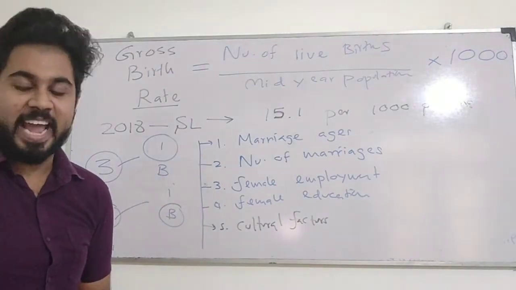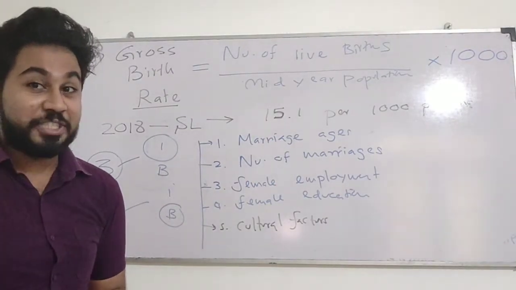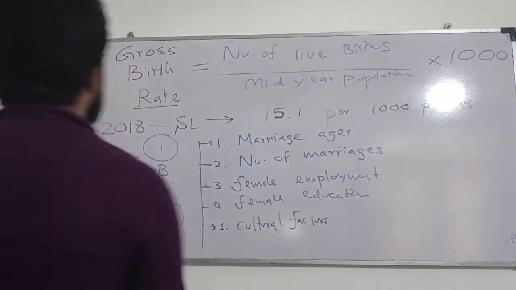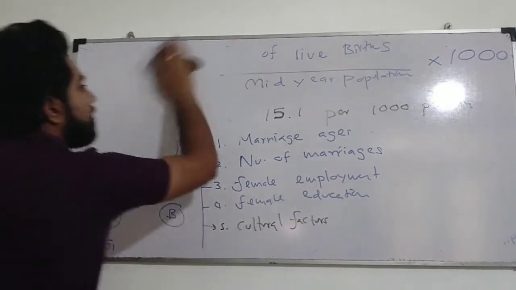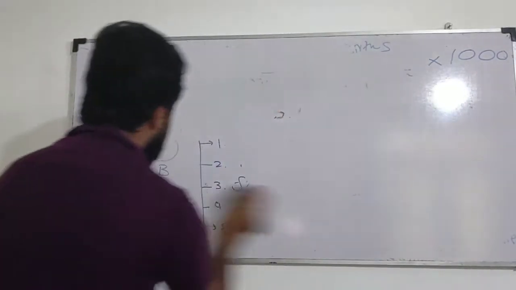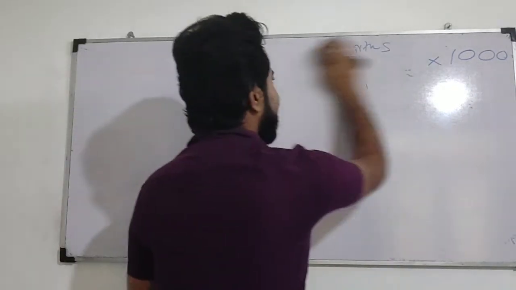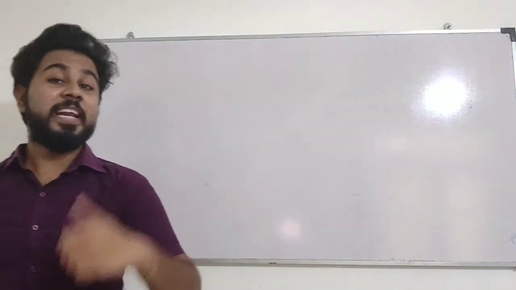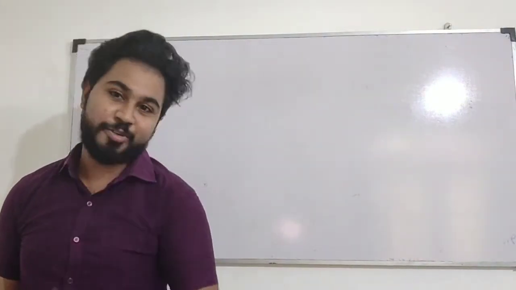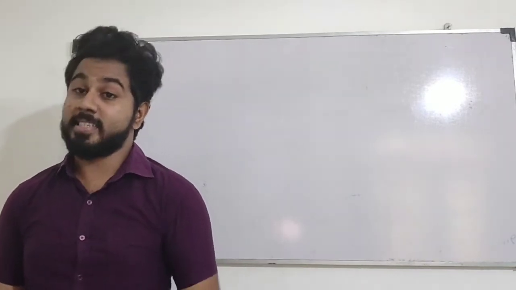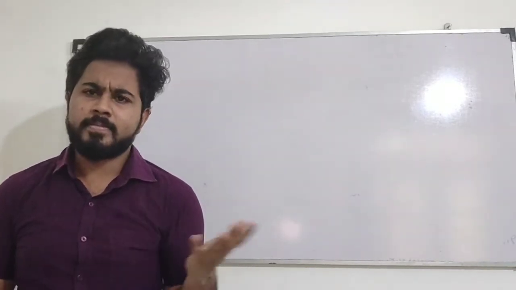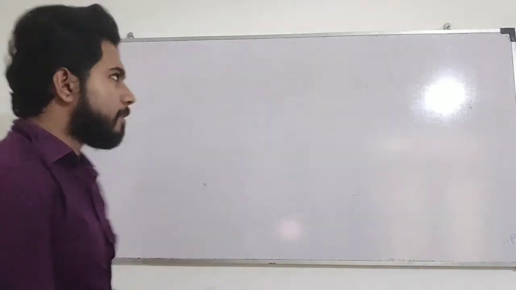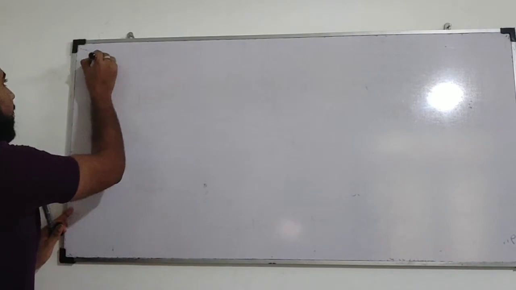Okay. We'll go to the second ratio, that is the gross death rate. Yes. Now we'll focus on the gross death rate. Okay. So we have focused on fertility and the concepts related to fertility, such as the gross birth rate. Next we'll focus on mortality. Mortality. It's death cases. Okay, not a thing to be happy about. Anyhow, the concept related to this is the second one,